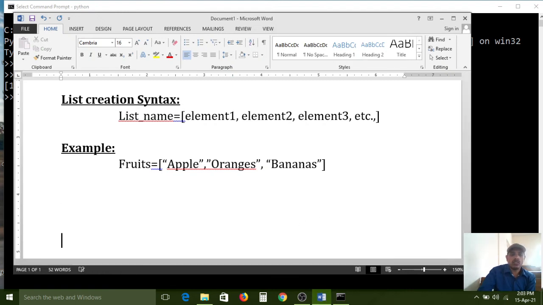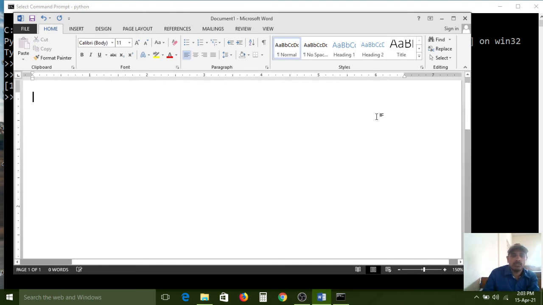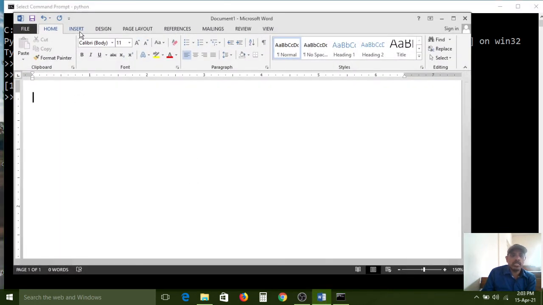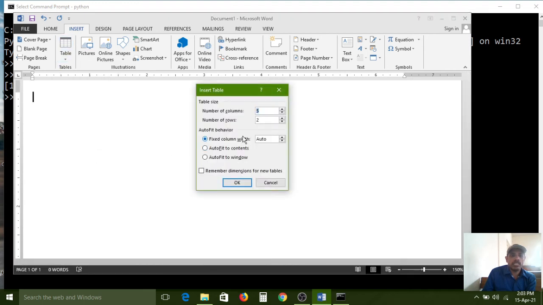In the list, how many elements do we have? 6 elements: 10, 20, 30, 40, 50, 60. These 6 elements are stored in contiguous memory locations. So 6 columns, 1 row.